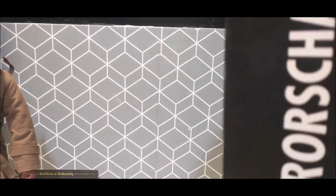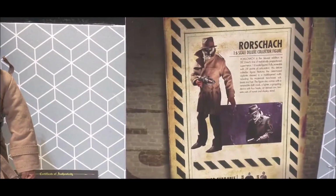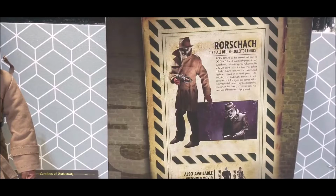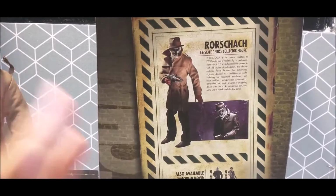Now, fun fact: I had this figure when I was a kid, when I was like 5 or 6 years old. I got to know Watchmen around 6 or 7, around the time the movie came out, about a year after, and I saw this figure. I saw Shanlong, a very famous action figure reviewer on YouTube. He's been on YouTube for a long time, I think since 2008, 2009, 2007, maybe even 2006. If you guys do not know who Shanlong is,